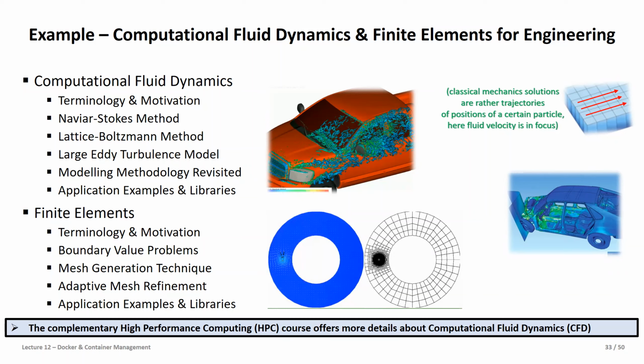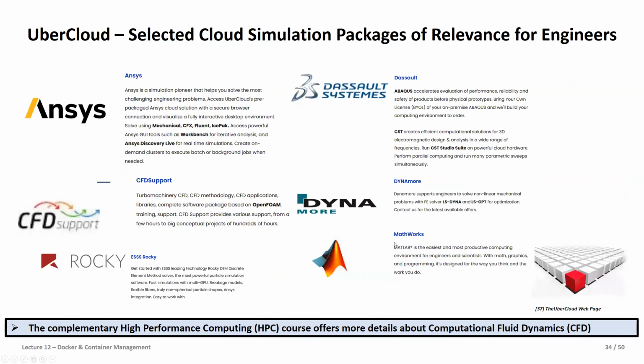So smoke, how it propagates through some space, or you see here the airflow around a car, which of course has to be optimized to be energy friendly, car crashes and so on. So all of this is relevant for engineers today, and they do lots of different tricks, and all of them have the side effect of being very computationally demanding, hence the cloud, or high performance computing, is required